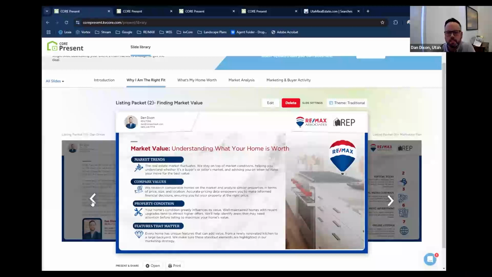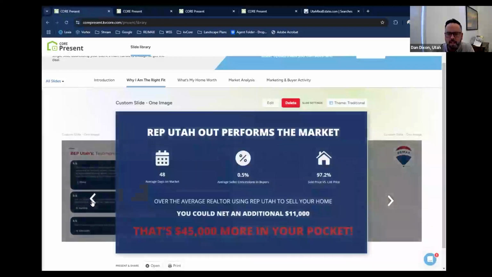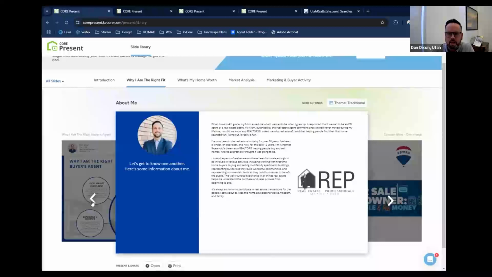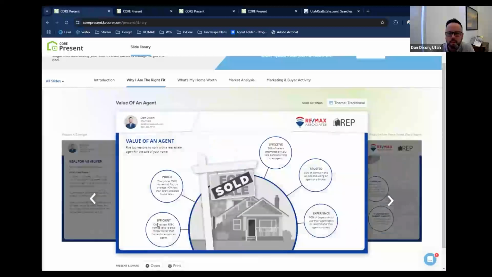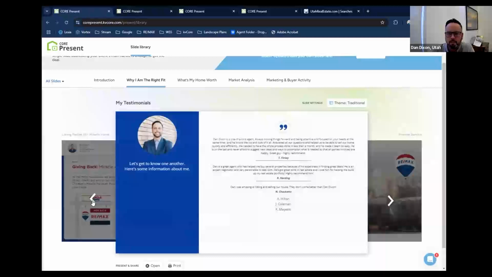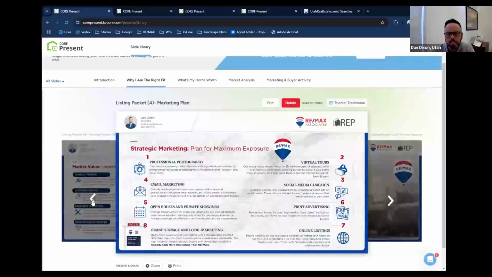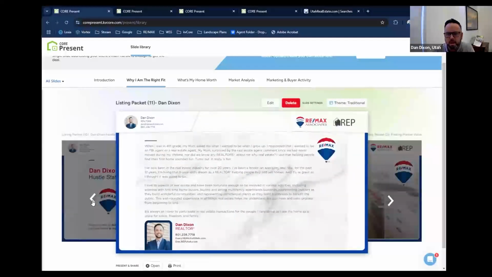And this is a really good place where you can see the difference. This is a slide that Core Present will allow you to make just by yourself. My testimonials, it looks like this. It's good, right? It's not bad, but Erin and her team can change that and make it look better, kind of look like this, right? And you can modify it any way you want.